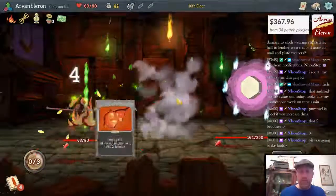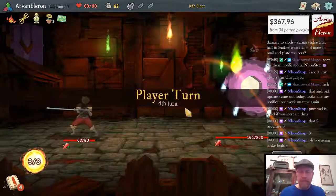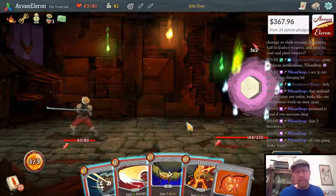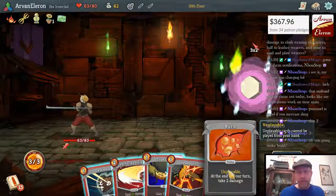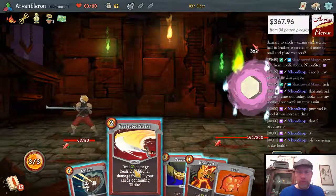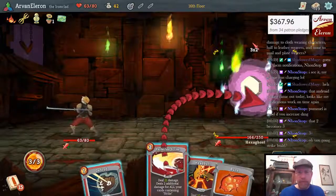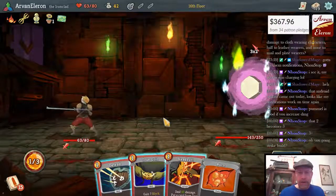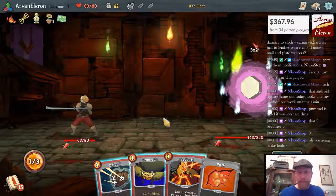The only problem with his Sear attack is that it means I get a Burn, which, when it comes up in my hand at the end of my turn, does 2 points of damage, which is kind of, you know, but what are you going to do? Alright, I'm going to hit this dude with Perfected Strike, first of all. Okay, now I have a choice, which is I can Headbutt him,